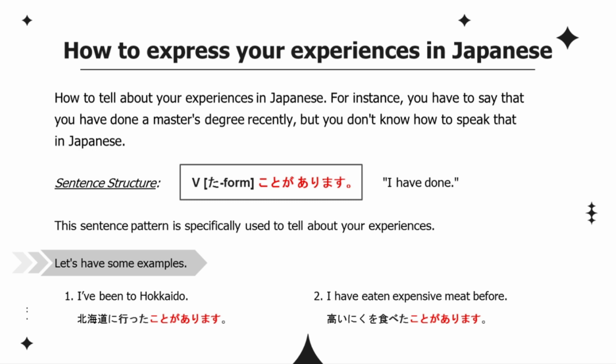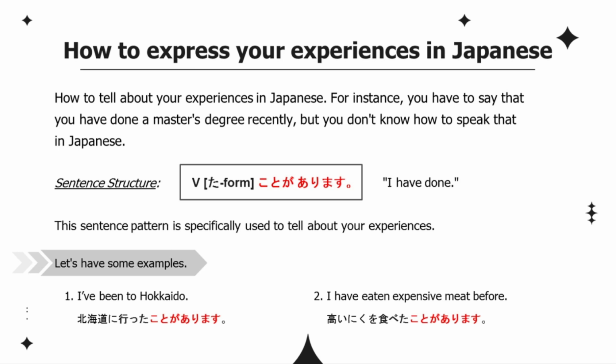I've been to Hokkaido. 北海道に行ったことがあります。 I have eaten expensive meat before. 高い肉を食べたことがあります。